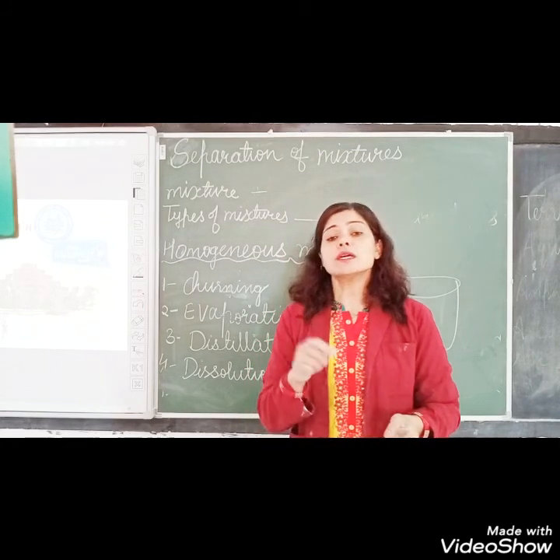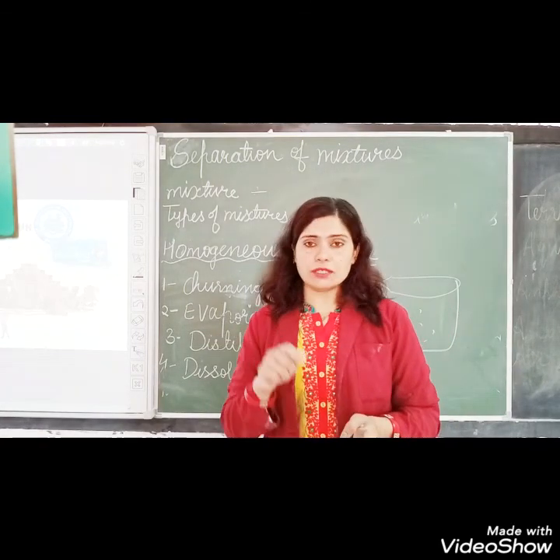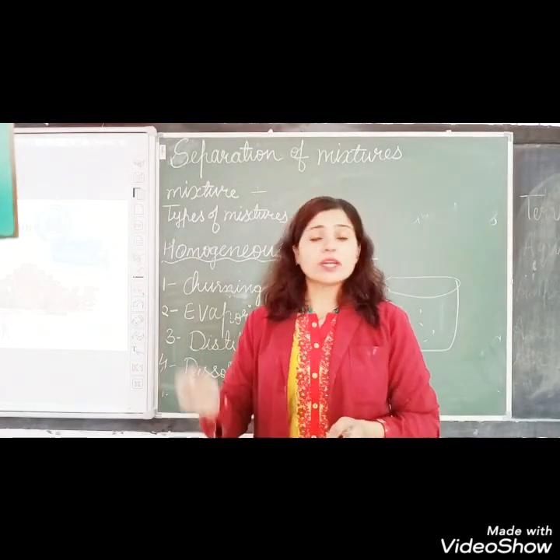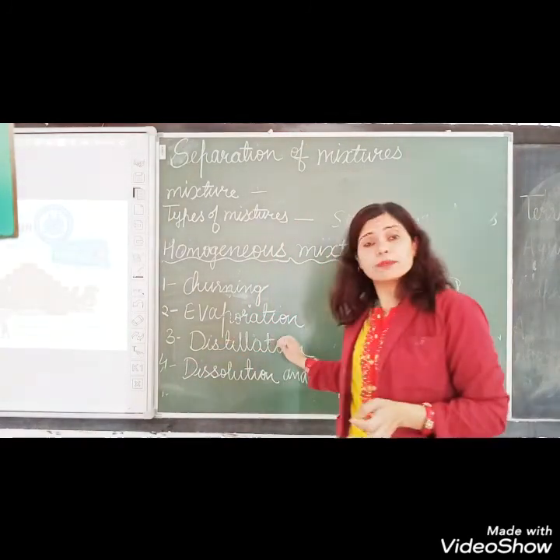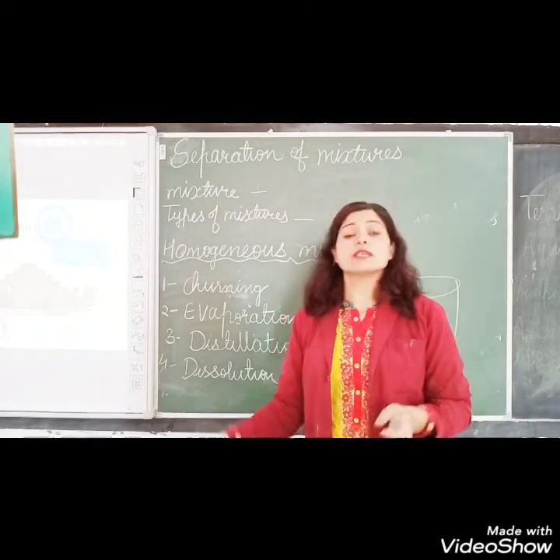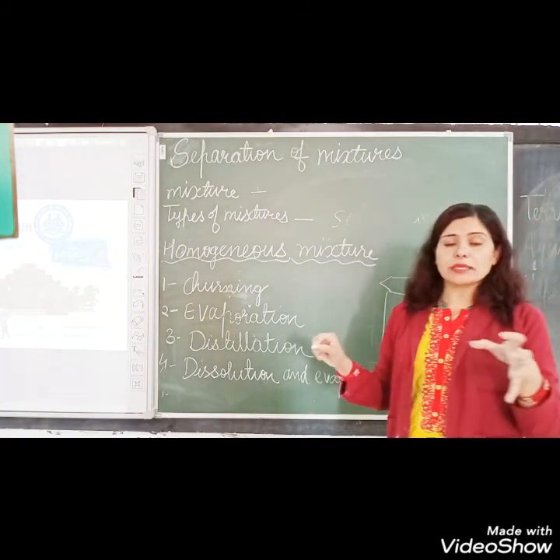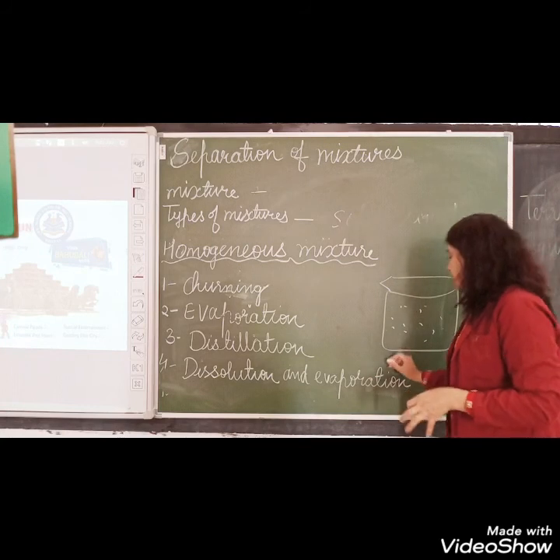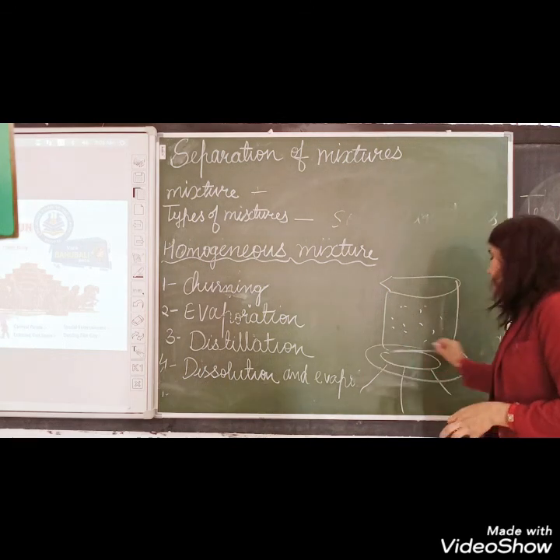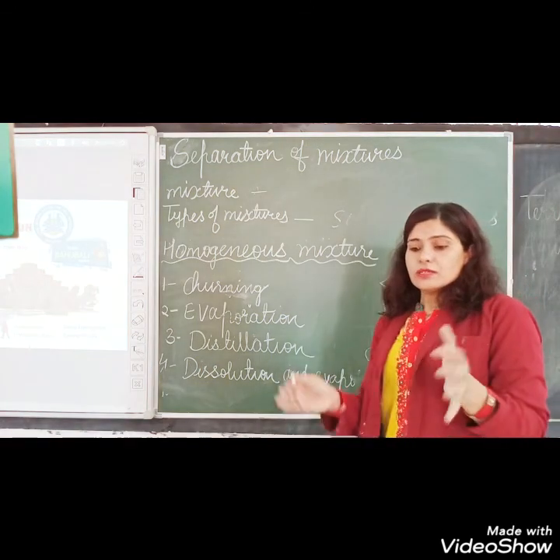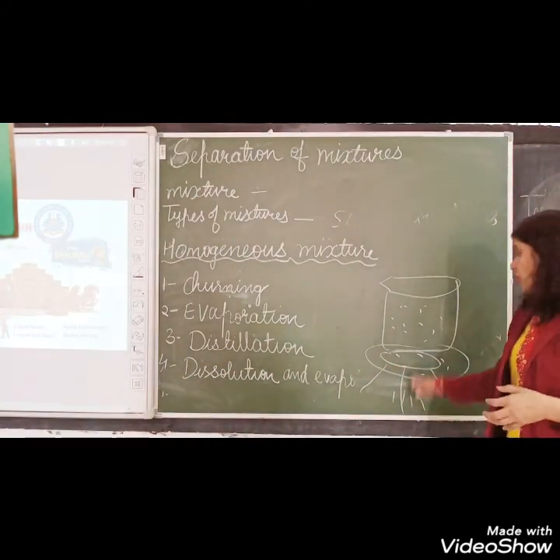How can we remove it? Because salt is already dissolved in water. Salt is a soluble substance. Then how can we obtain salt from this water? For that we use this evaporation process. In this process, first we take that water salt solution in a beaker, and we use one tripod stand for that, and we keep one sand tray on that, and we keep the beaker on that and start heating this solution.